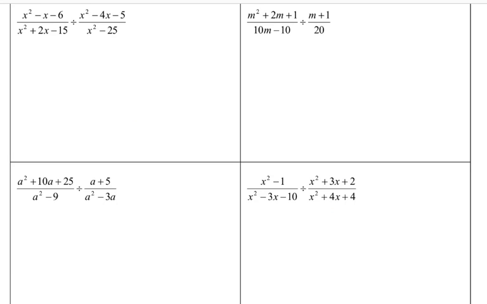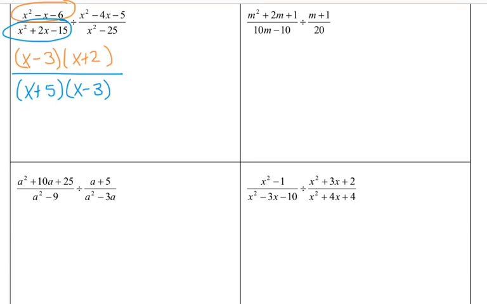Now try these last 4. They are a little bit more tricky, but you can factor all of these. Factor every single problem, and don't forget, when you finish factoring or while you're factoring, you can flip the second problem. In this first one, if we factor